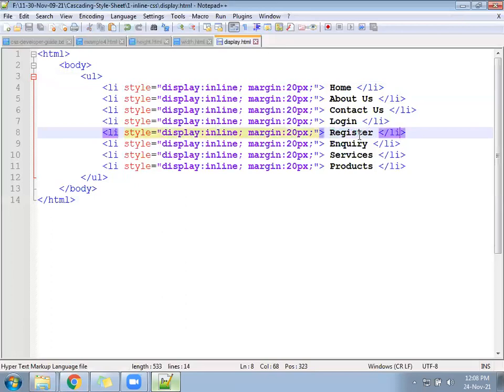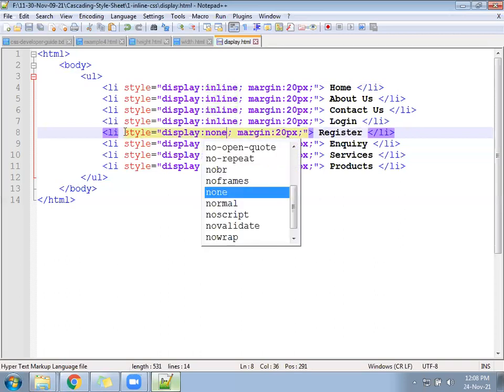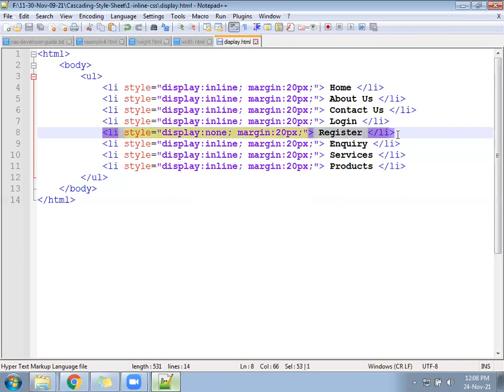It will not display the register. So we'll write here display none. Do the display none for register. You will see the register will get hidden.